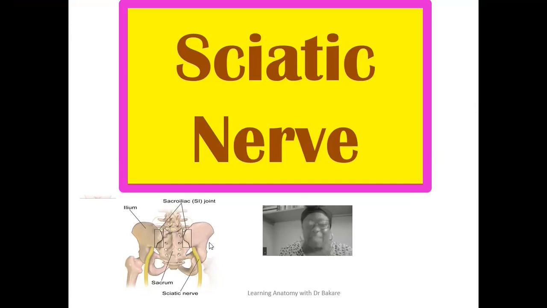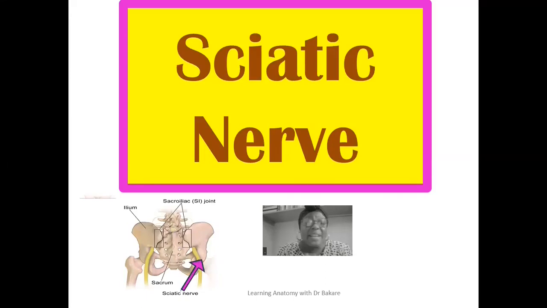In this lecture, we'll be looking at the sciatic nerve. Let's use this image here for illustration. This is where we have the sciatic nerve, arrowed at this point. It's seen as one of the branches from the sacral plexus that is located on the posterior lateral wall of the pelvic cavity. After its emergence from the pelvic cavity, it exits that space through the greater sciatic foramen, where it passes through the posterior region of the lower limb. And it is at this space that it gives innervations to both the skin and also the muscles of the